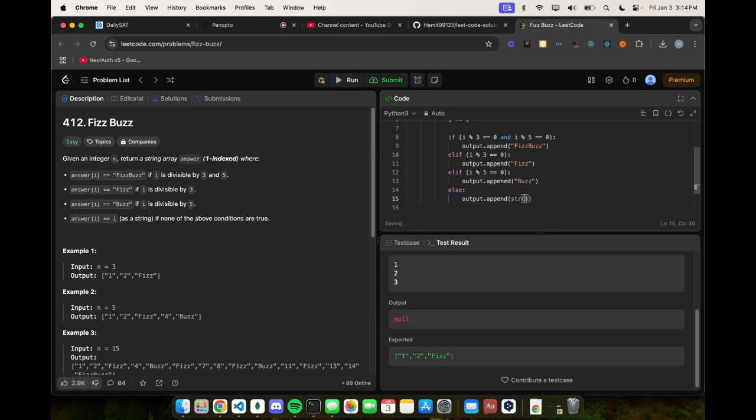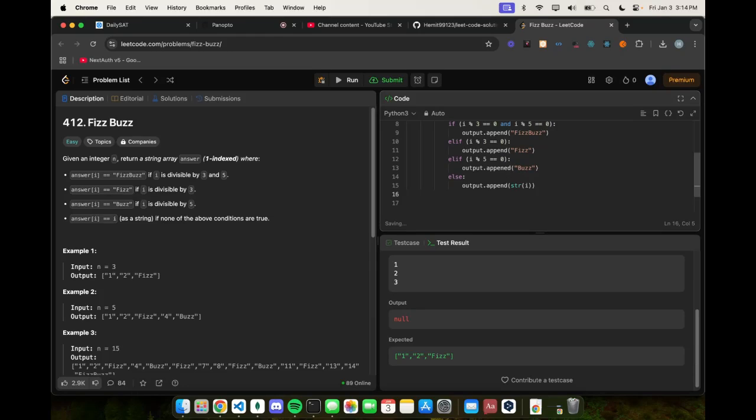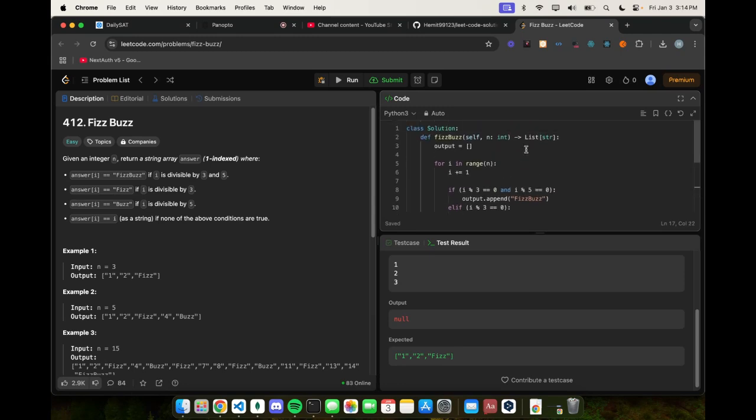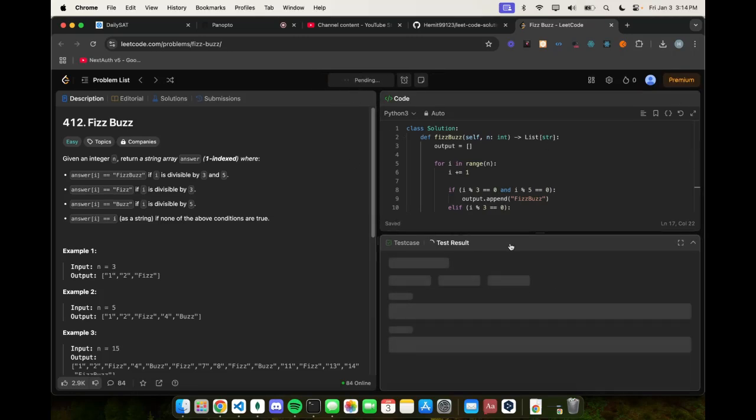That's why we're using str, that's typecasting it. And then all we can do is go outside of this for loop, because the loop should be done by now, and return our output, because remember, it's expecting a list of strings. So if I run this now,